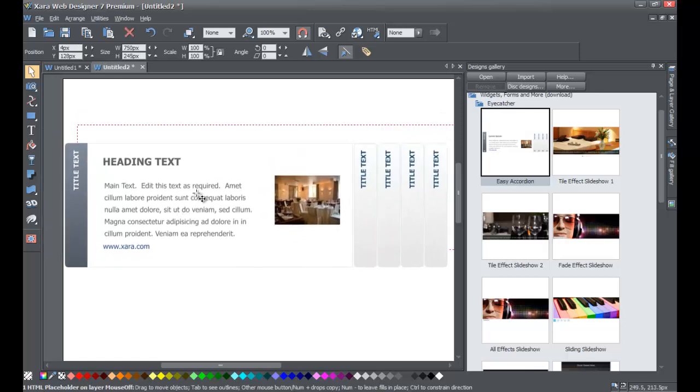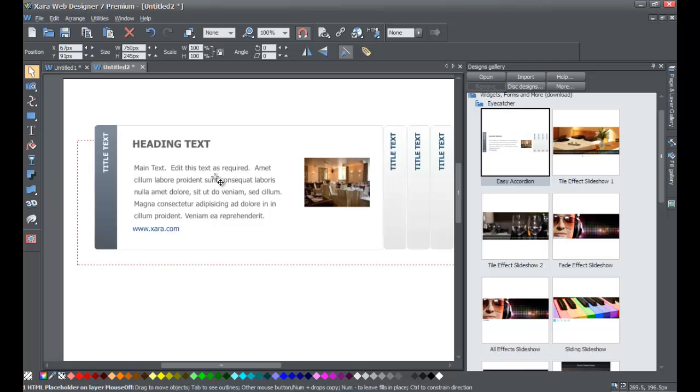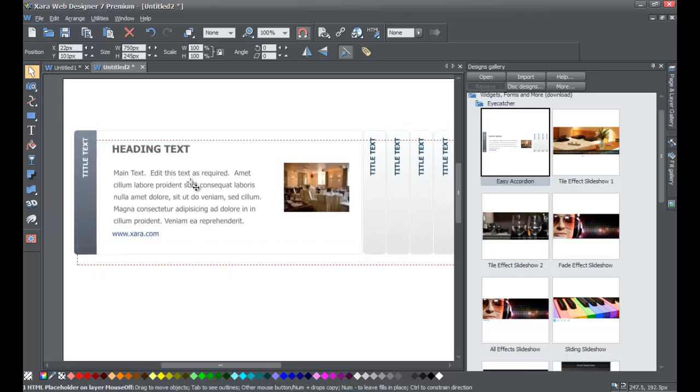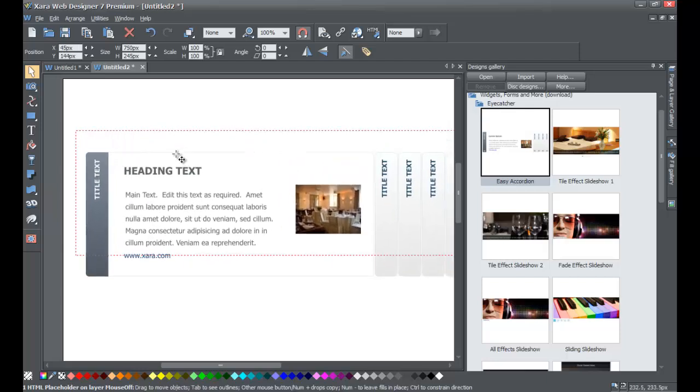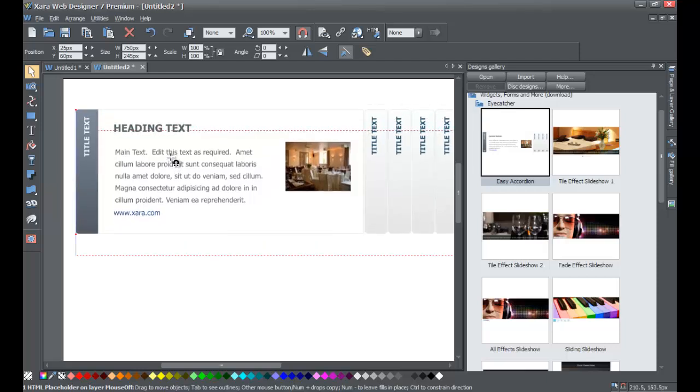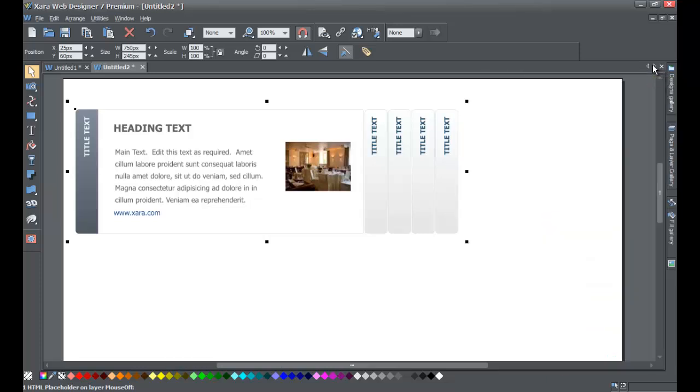And you can move it around and reposition it how you want by left clicking and dragging it where you want this to be. So left click and drag it wherever you want it in your workspace, and once you get it into position, you'll let go of your left click mouse button. And before we move any further forward, I'm going to go ahead and close my Designs gallery by clicking the thumbtack in the upper right hand corner of the panel, and that will hide that panel away back to where